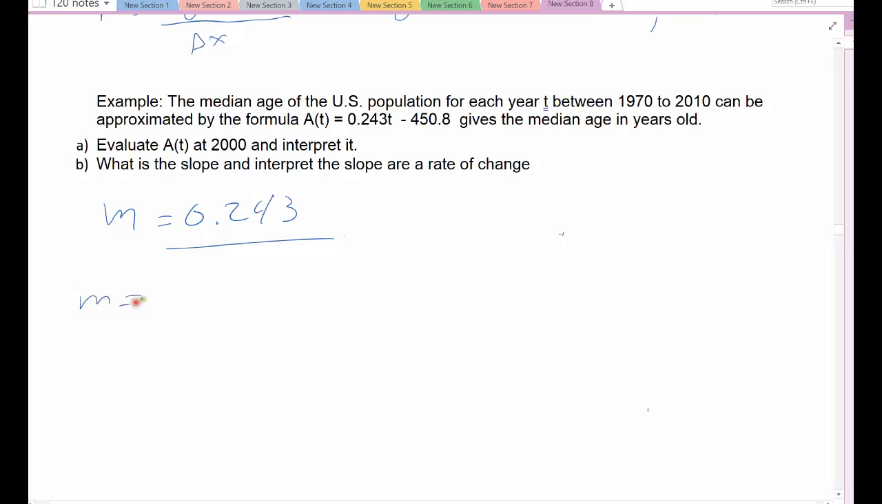Right, because this is the change in my function, that's the change in y, which is the function a of t, over the change in x, which is the t, the year part. And so that kind of helps you out with the units. Right? It's the change in my function, which is the mean population age, per the change in the year, right, between 1970 and 2010. And so what this means is the median